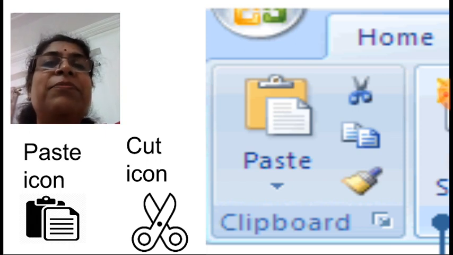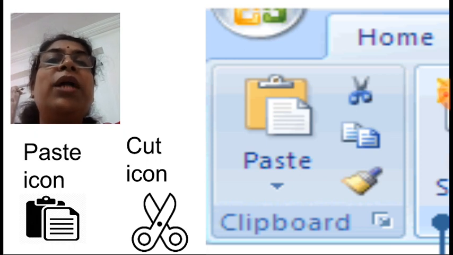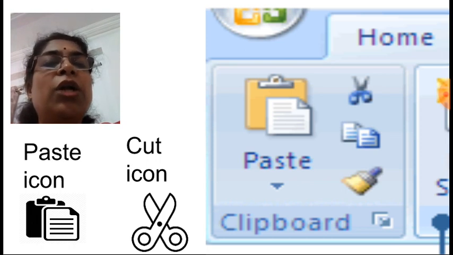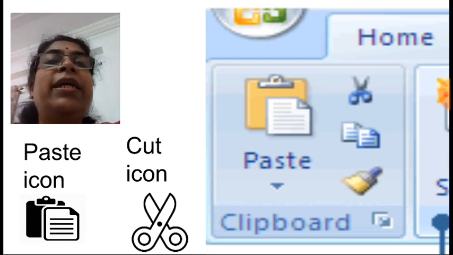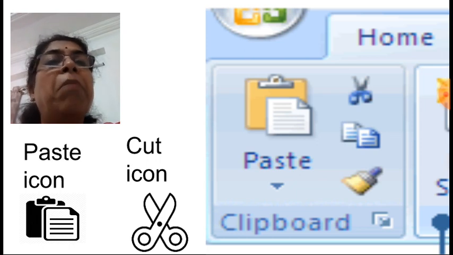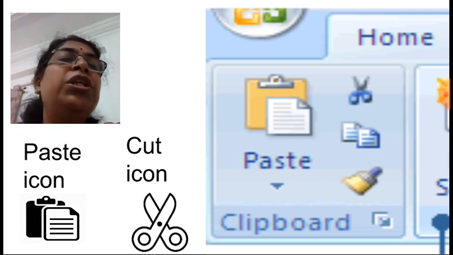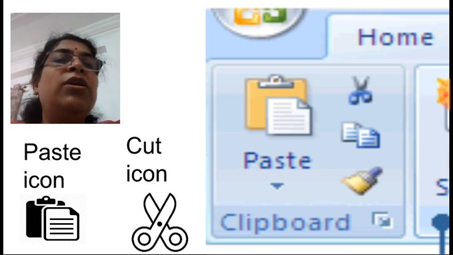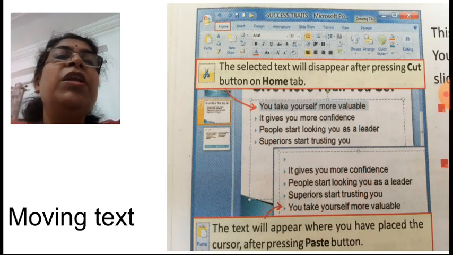Means you are pasting it. Same way in this also we are going to cut it. We are not physically going to cut it, but whenever the scissor option is shown, whenever you click on the cut option, that particular sentence or group of words will not show on the screen at that position, but whenever you click on paste, on that desired position it will show you the sentence or text which you have given the cut option.